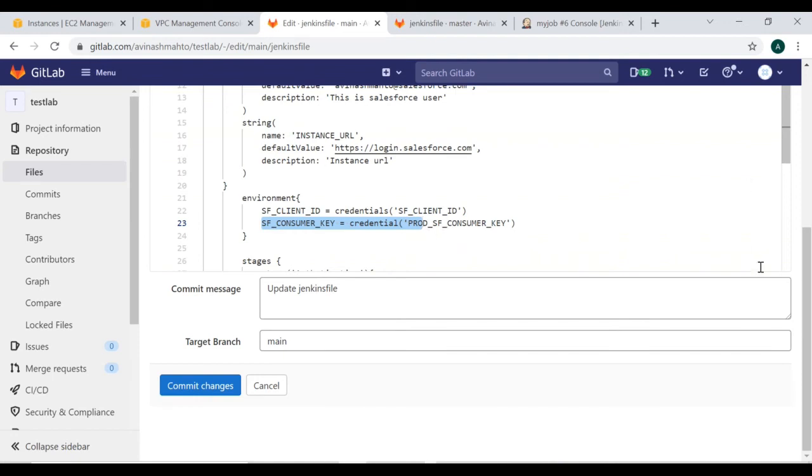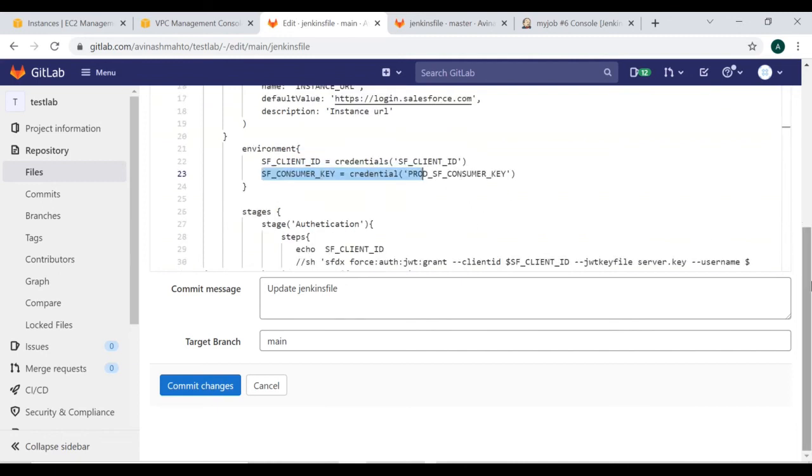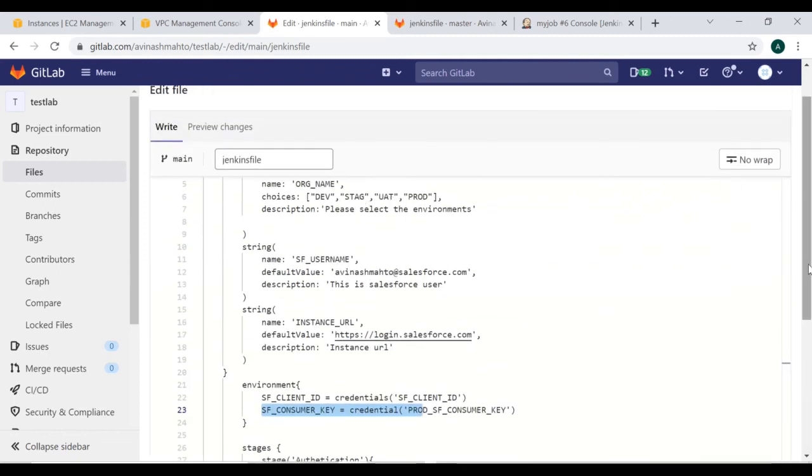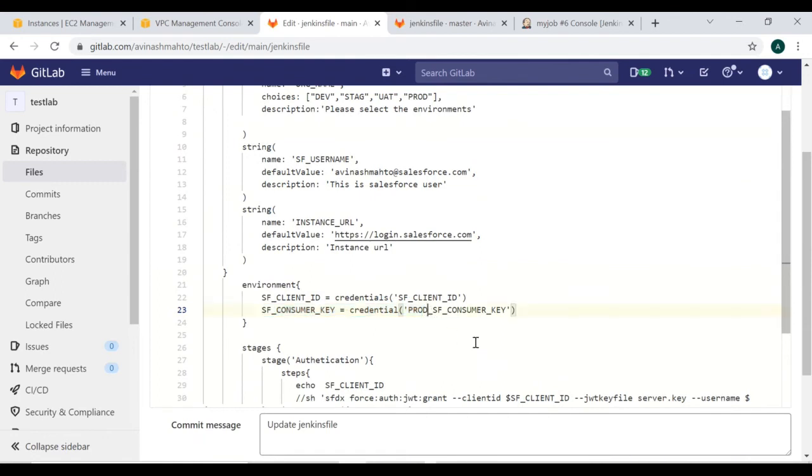Basically we will use one parameter that can handle all the environments which are defined here. How can we do it? Now I'm going to show you. You can do it like this.